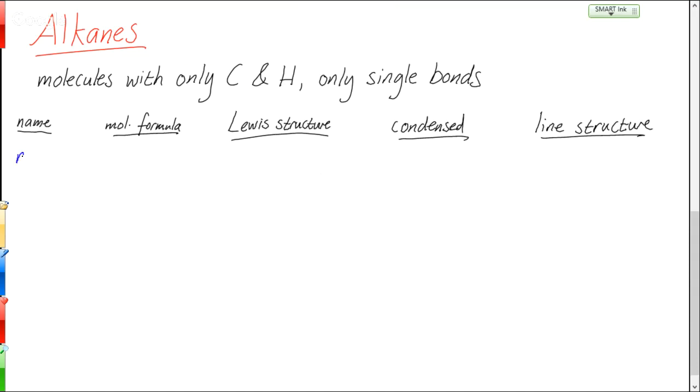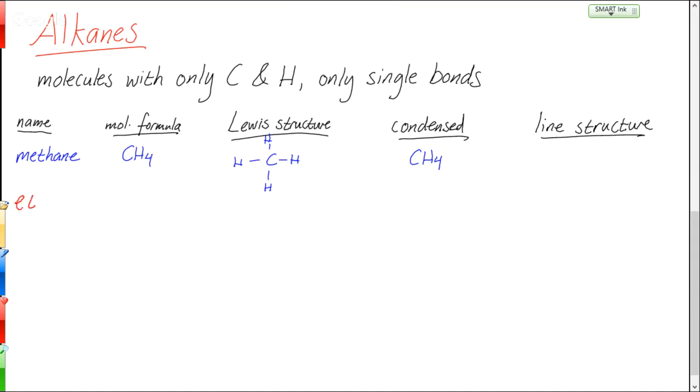So one we've already talked about, and that's methane. The molecular formula of methane is CH4. Its Lewis structure is like this. We could also draw it with the dash wedge notation. We're going to keep it flat like this just because it's easier to see the differences that way. The condensed structure is also CH4, and there is no line structure. So the condensed and the molecular formula are the same, just for methane. So let's leave that one, and we'll go to the next one, which makes it a little bit more interesting,